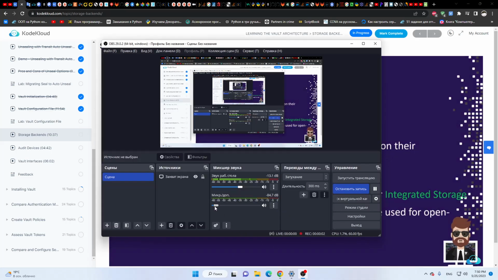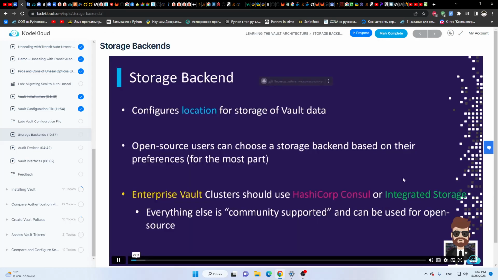We know more about the configuration file. We talked about the storage piece quite a bit, right? We've talked about the storage backend. We understand that it configures the location for the storage of our Vault data, but let's go a bit deeper